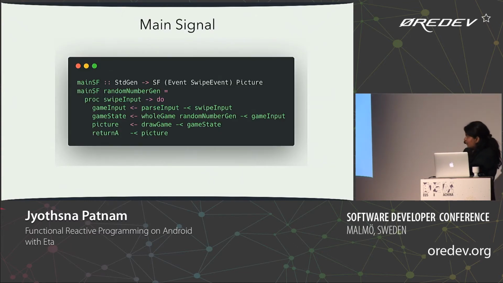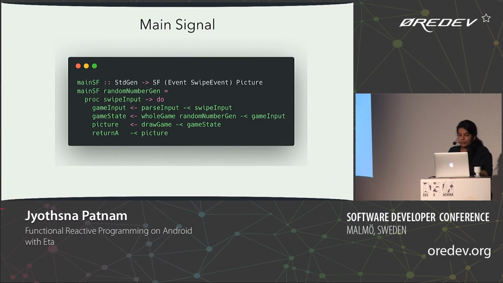Here is the function that has the entire game execution. So I'll just explain to you what's going on. The function's name is main SF. The game requires some randomness in order to give you a signal function that can convert an input signal to an output signal. So the proc do block you can see there